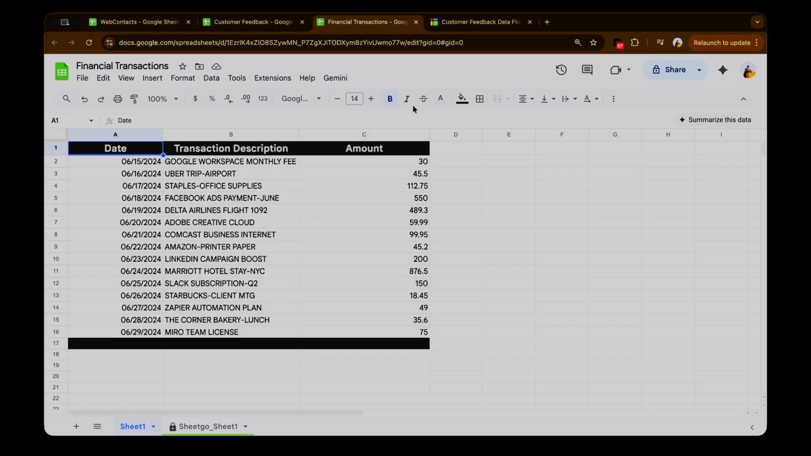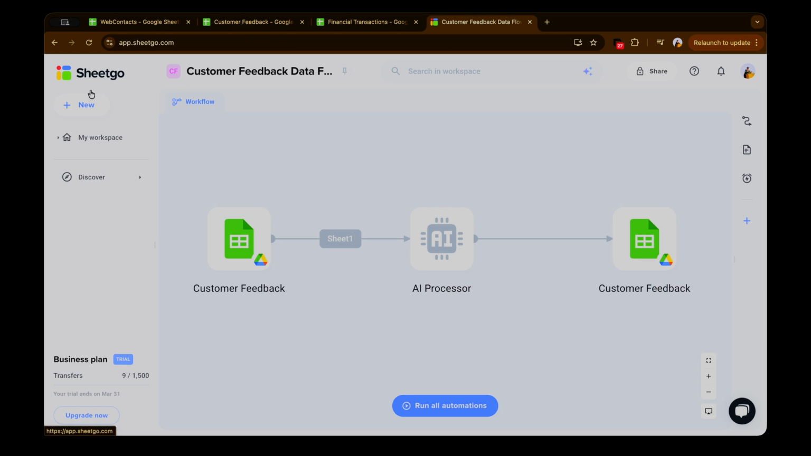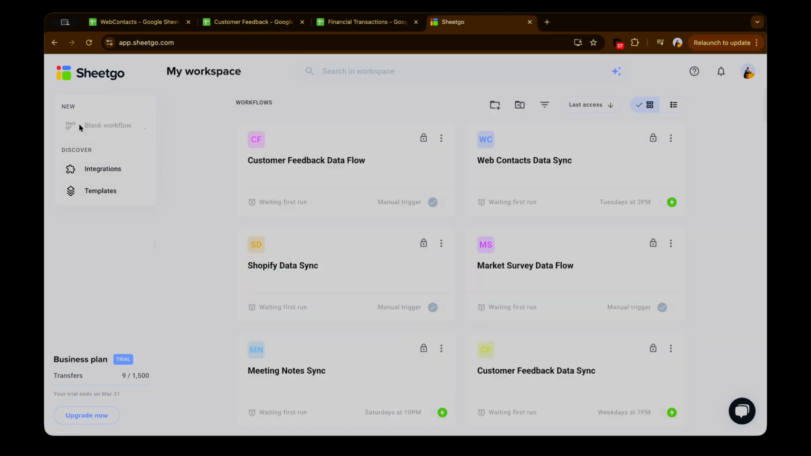Now the third and final use case that we're going to be interacting with is the expense categorization automation. So we have an expense report with transactions like Uber trip to client meeting, Canva Pro subscription, and team lunch at restaurant. Now in Sheetgo, we're going to be heading back over here and clicking on new followed by blank workflow,